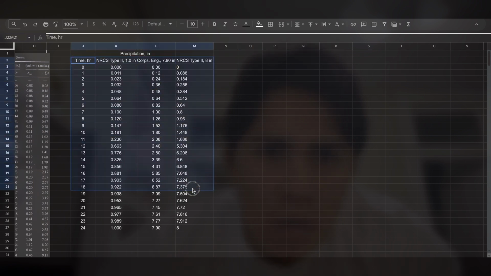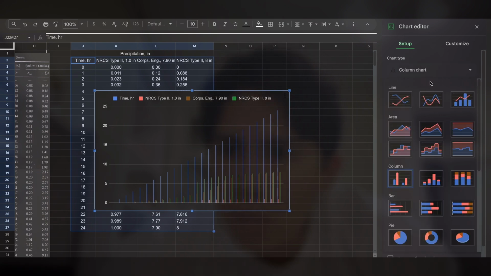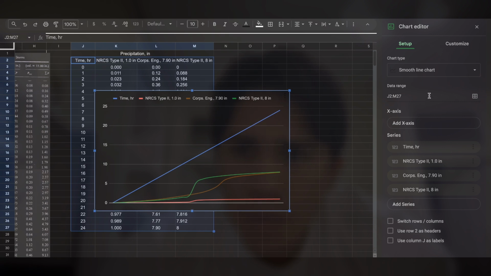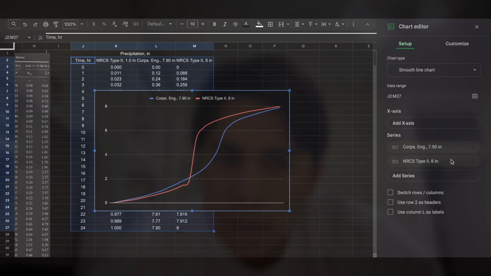Let's grab all our data, because that's how I've learned. I think it's easier in Google Sheets. If you're using Excel, I will do it differently. And then insert a chart. And we would like to do a line chart. I will choose a smooth line chart. And for the y-axis, I don't want this, and the time needs to be on the x-axis. So we see something like that,